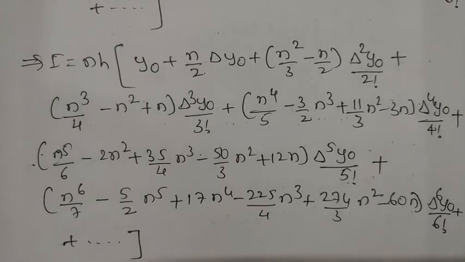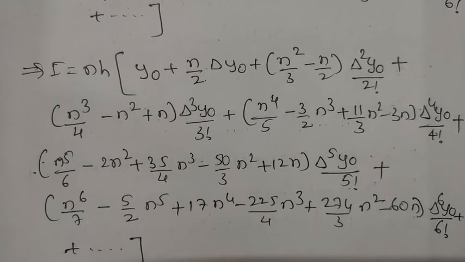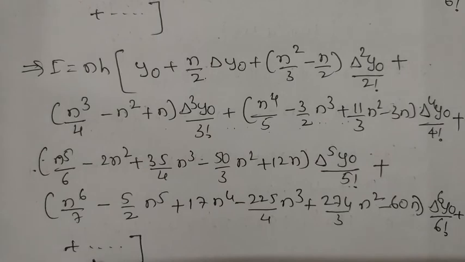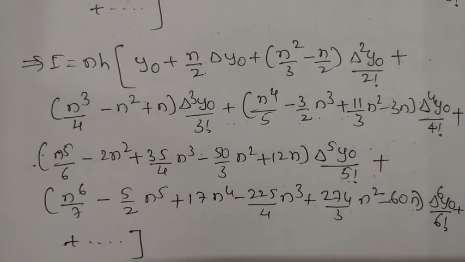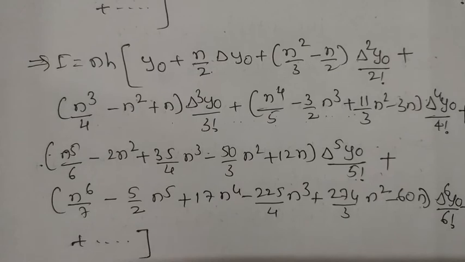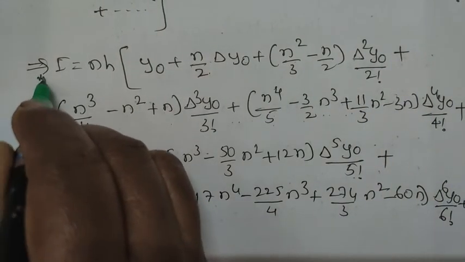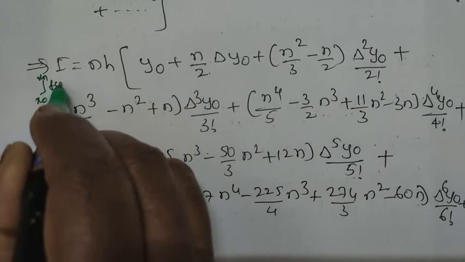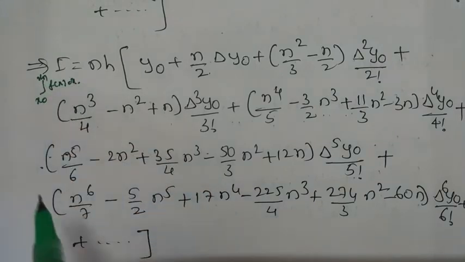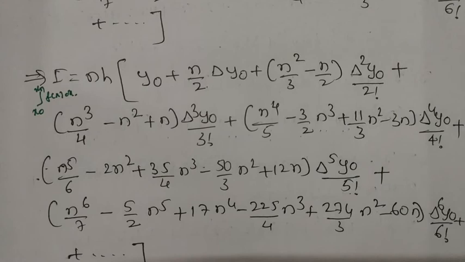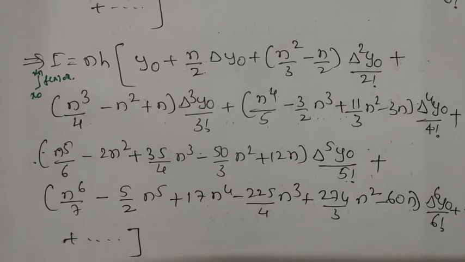So this formula is very important. You have to remember this formula. This is also known as the general quadrature formula. It is nothing but I, or here it is nothing but the integration from x naught to xn of f of x dx, or it is x naught plus nh, both are the same. So this is the general quadrature formula. You remember this formula. Using this formula we will have many formulas.